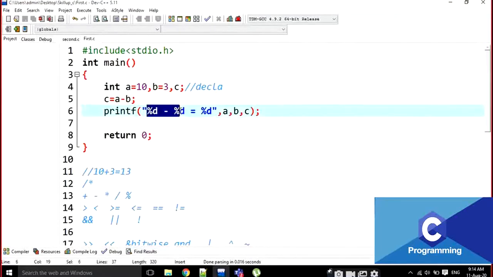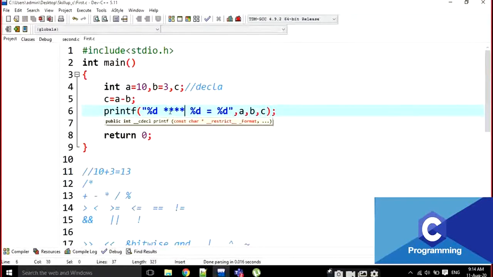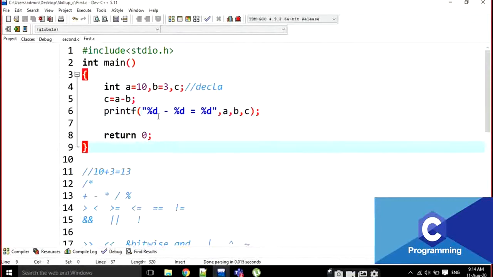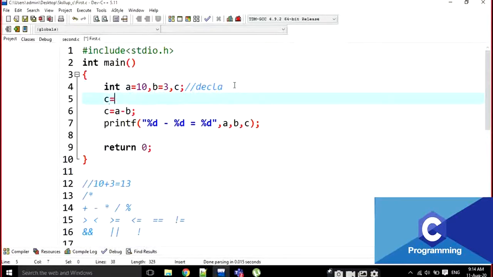Is it clear? We can write anything here, no problem. This is just dummy content, but you have to display the content meaningfully. This is the operation here. In this way, this is the addition operation and this is the subtraction operation. Addition operation is like this, A plus B. I am going to comment it.